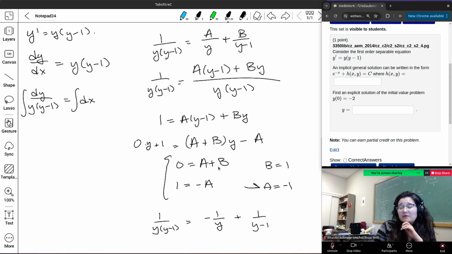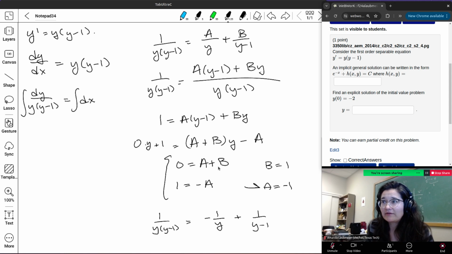So 1 over y times (y minus 1), I think, is the same as minus 1 over y plus 1 over y minus 1. Yeah, there we go. So that checks out. I did my algebra right. I just wanted to check before I integrated,